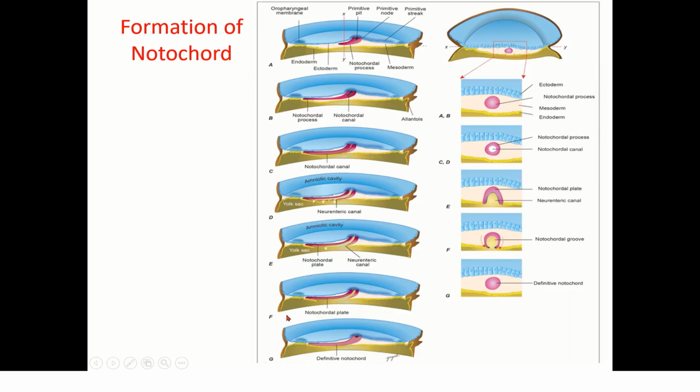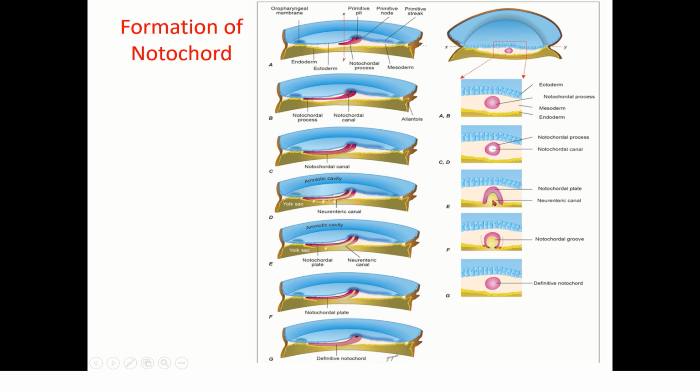Remaining part disappears. You can see here from the primitive node, the cells are proliferating to form the notochordal process, and you can see the cavity of the primitive node, that is the primitive pit, is extending into the notochordal process, forms the notochordal canal. Then you can see these cells which are adherent to the hypoblast or the endoderm, they are disintegrating, creating a communication between the yolk sac and the amniotic cavity, that is the neuroenteric canal. So this is the neuroenteric canal, and you can see again this neuroenteric canal